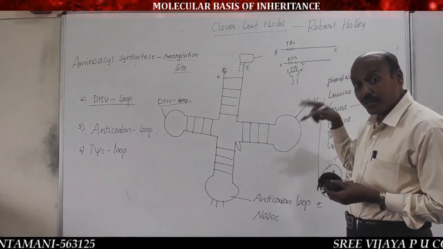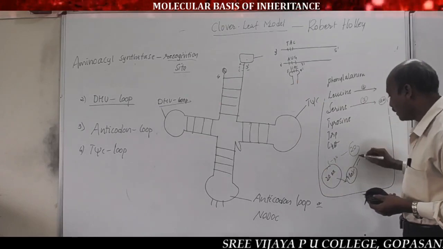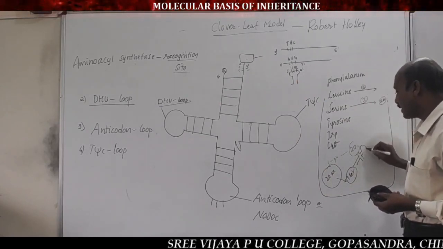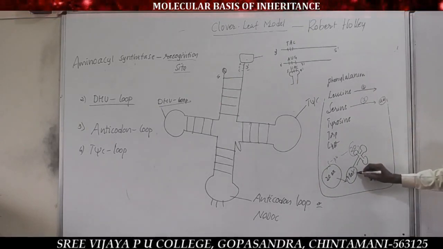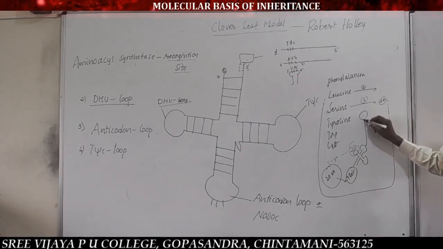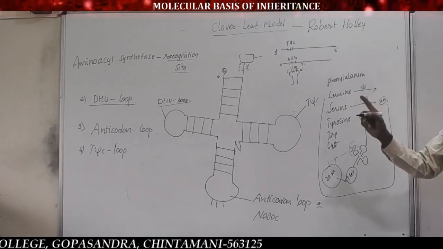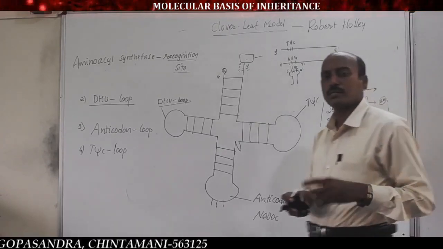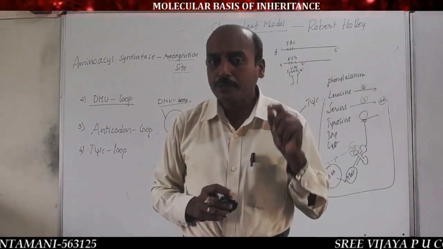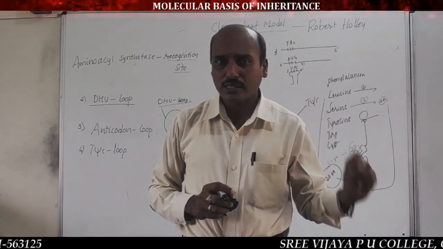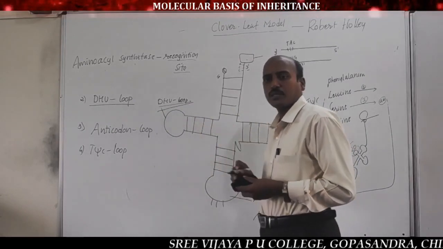Such activated methionine amino acid binds to the amino acid binding site, thereafter forming loaded tRNA. Now, this loaded tRNA transfers the methionine amino acid to the site of ribosomes for initiation of the polypeptide chain. That is the role of the DHU loop, the dihydrouridine loop. So, it helps in recognition of the specific amino acid synthetase enzyme during protein synthesis. That is the function of the DHU loop.